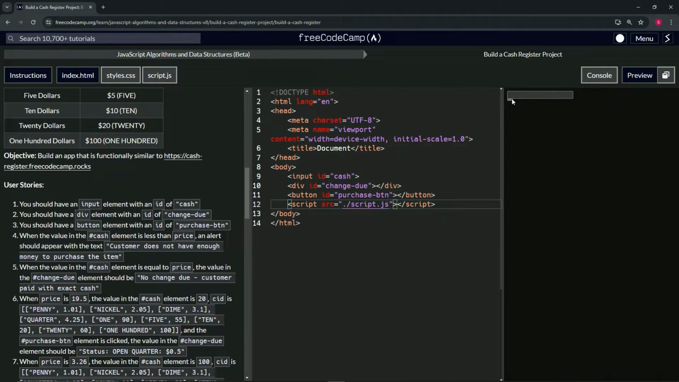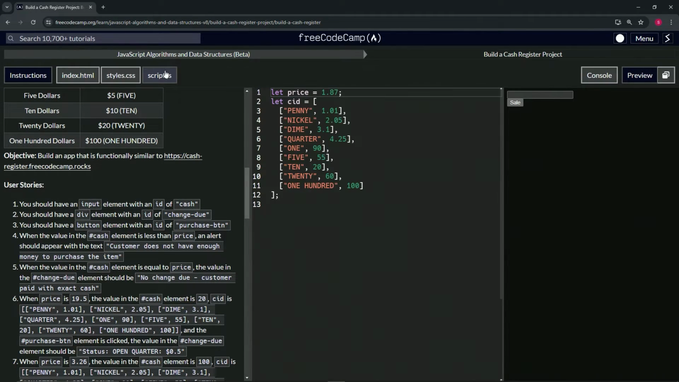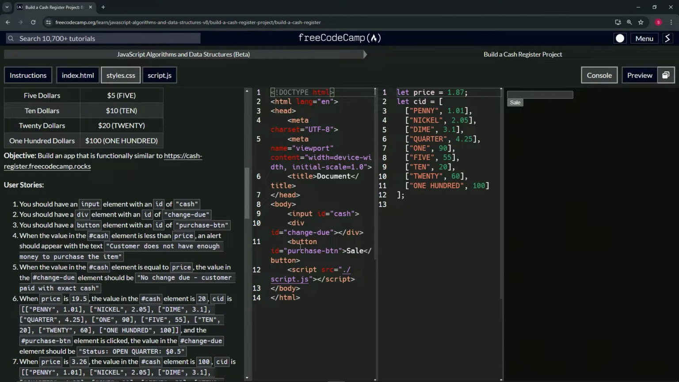So as we can see, our button's a little tiny. So let's put some words in there. Let's put sale like that, right? So now we've got a sale button going on like that. All right, great. So we're done with the HTML. Let's come over here to the script.js. And now we're going to have to access these